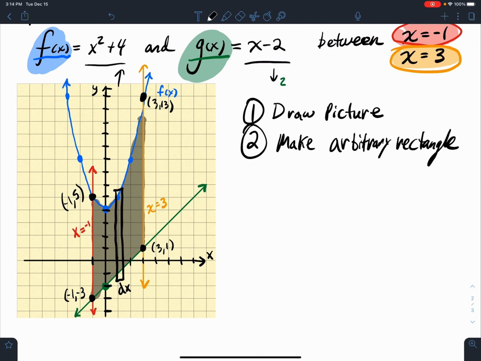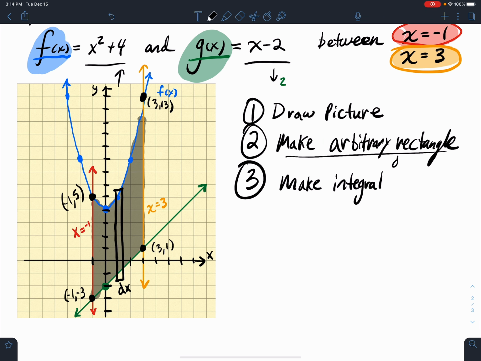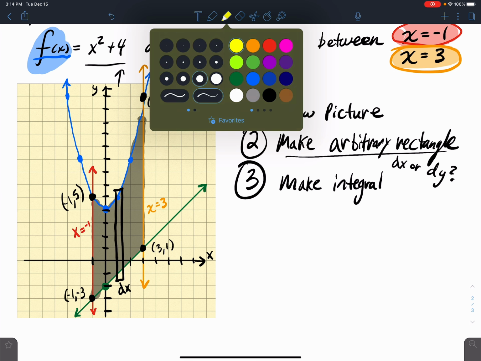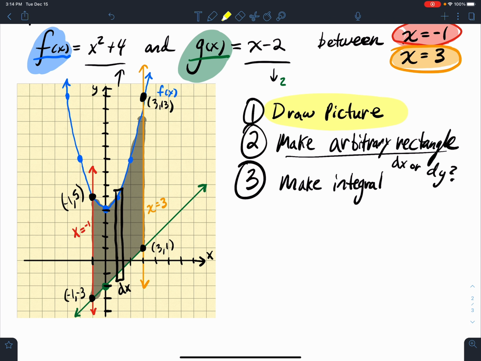That's part of the problem. The last step of the problem puts everything together. Make the integral. So with your arbitrary rectangle, you figure out, is it dx or dy? That's the question you're answering. The reason I have you draw the picture first is because if you don't have the picture, how in the world are you going to even know if it's easier to integrate with respect to x or with respect to y? And then how are you going to be able to set the bounds? I'm trying to set it up for you so that when you make the integral at the end,